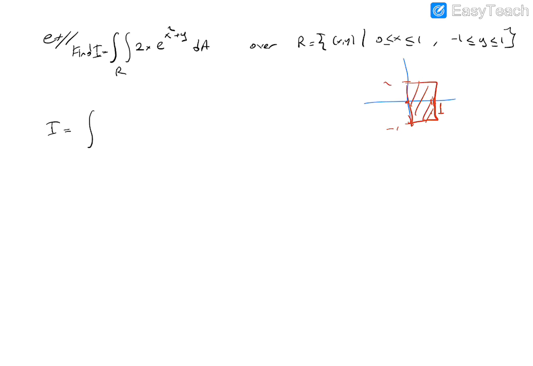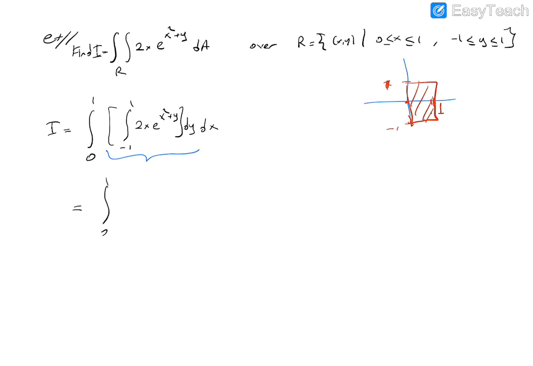In your textbook, I'm looking at your textbook, dx dy order is used. So let's use dy dx order. First we should write the x change, okay? So x change from 0 to 1 dx, and y change from -1 to 1, 2x e to the power x squared plus y. Okay, so first of all, we should calculate this integral, then we will evaluate the other one.